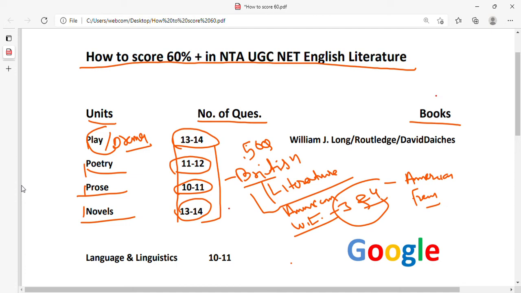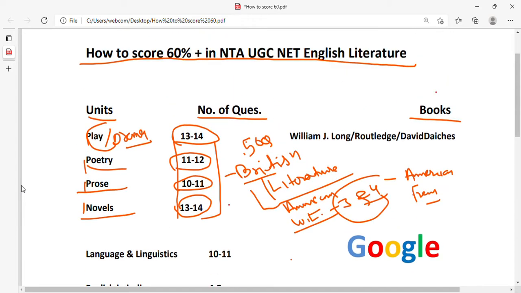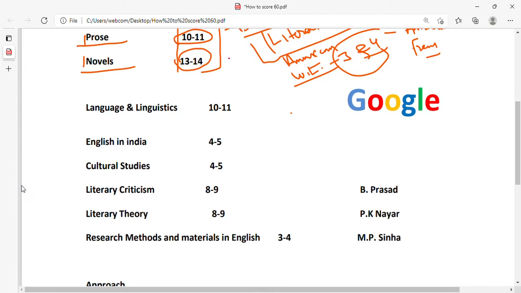Like Eugene Ionesco, some of your important writers, your Russian writers, your German writers, one or two only, like Leo Tolstoy, your Crime and Punishment. So these are some of the important texts and writers, and they are already discussed in your previous year's question papers. If you are confused and don't know which work is important,